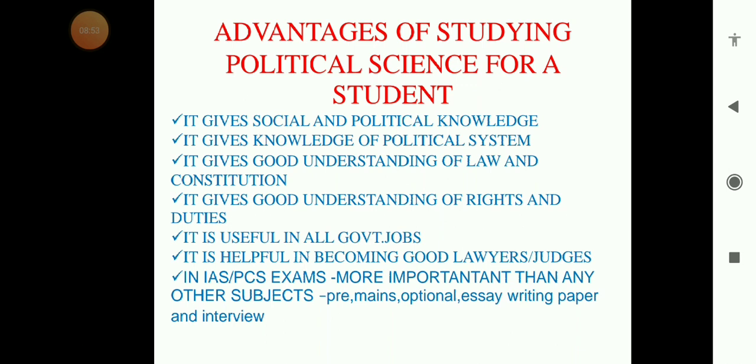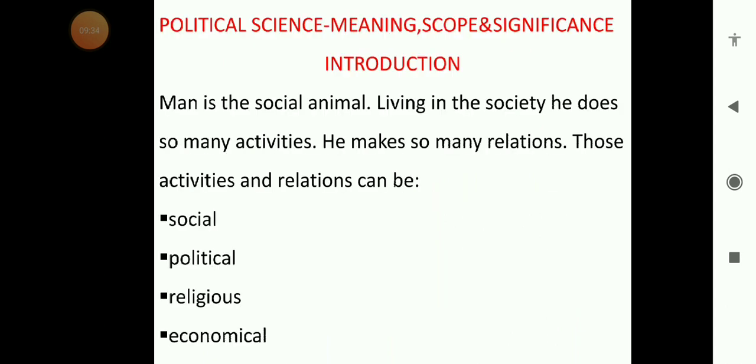Hopefully you'll enjoy listening to it, and first of all I must say that you sit with pen and paper, your notebook, and note down the points and study it and revise and re-revise it. It is like a real lecture that is being delivered in the classes, or even better than that, because I have noted down the main things here, and it will be displayed on the screen, and you can stop it and note down and further move ahead as you please, right? So let's start with the introduction of the topic.